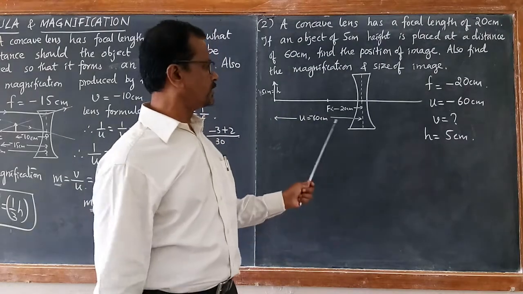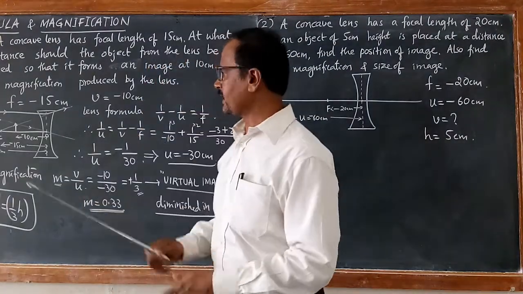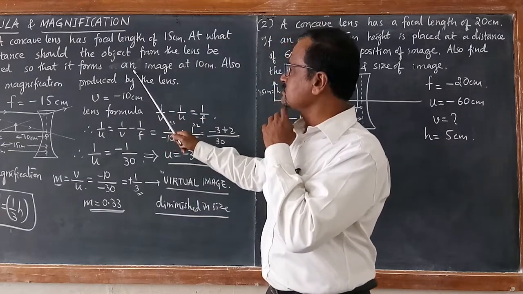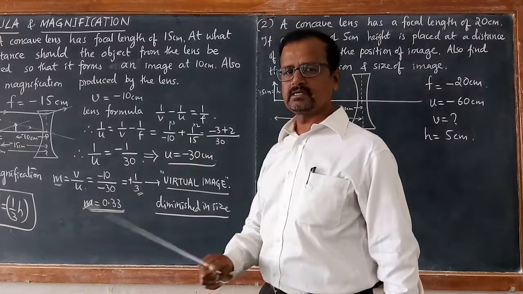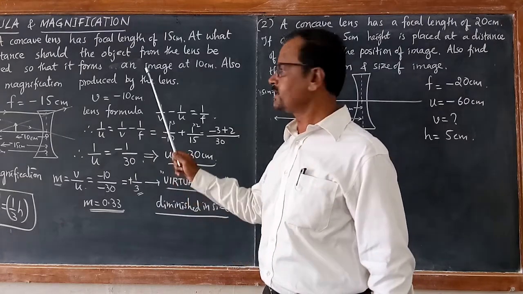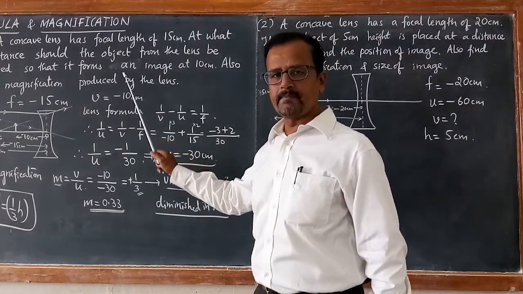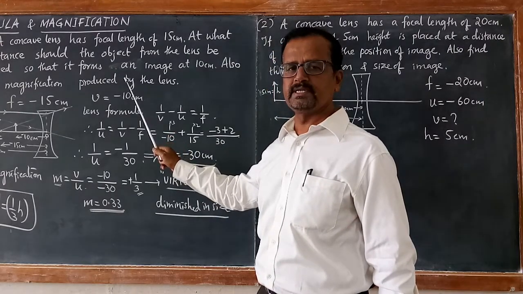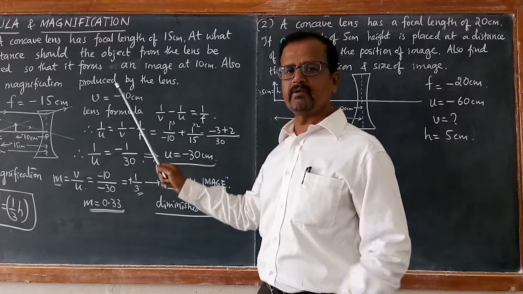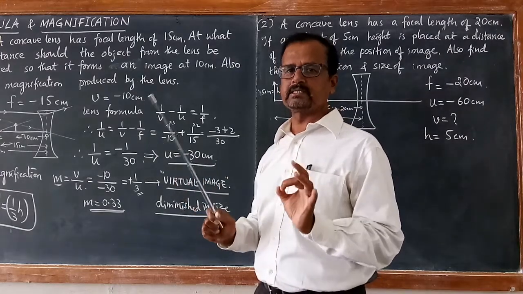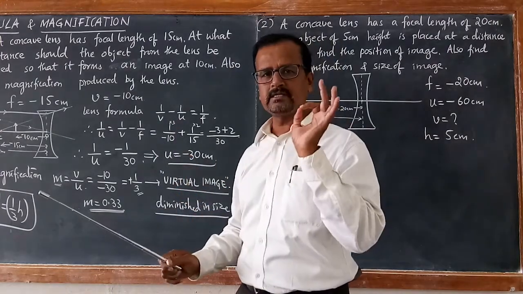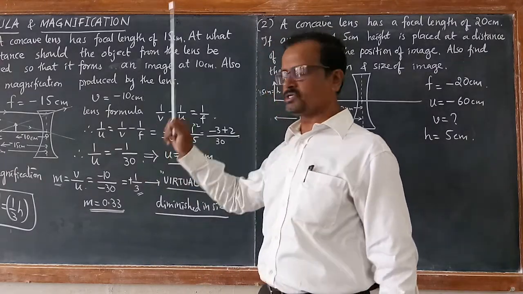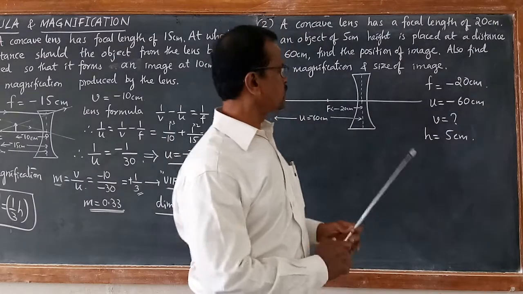Okay, before we go for the solution of this, there is one correction in this column. Look here. The concave lens forms an image. I wrote it wrongly as a real image. Please make the correction. It is just an image. It is forming always a virtual image. Please correct it. It is not a real image. I wrote it as a real image, which is wrong. So make it as an image. It forms an image. Here also it is forming an image.